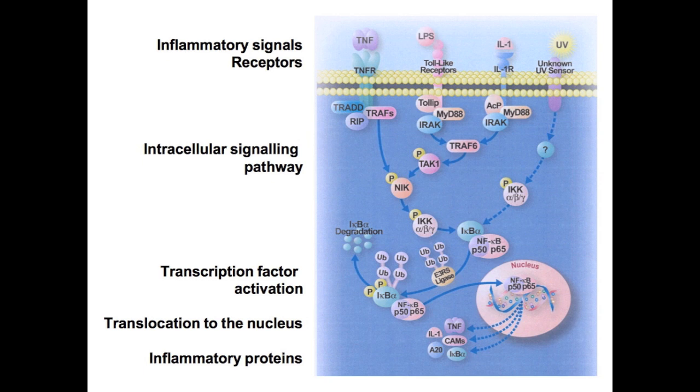Then there's a signaling process that I talked about before, lots of things happening in the cytosol of the cell. In the end, what happens is the nucleus becomes activated to express genes involved in inflammation, and the proteins encoded by those genes are expressed. This signal to the nucleus is caused by what's called a transcription factor. This is a protein which moves from the cytosol into the nucleus, binds to the DNA, and gets the gene expression going. In inflammation, one of the main transcription factors is this one. It's called nuclear factor kappa B.